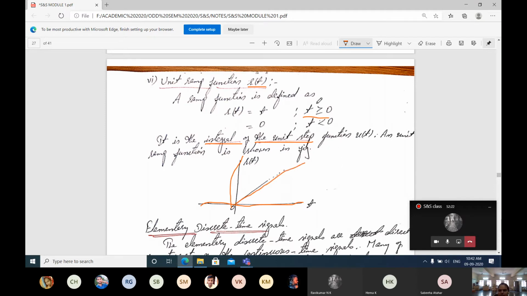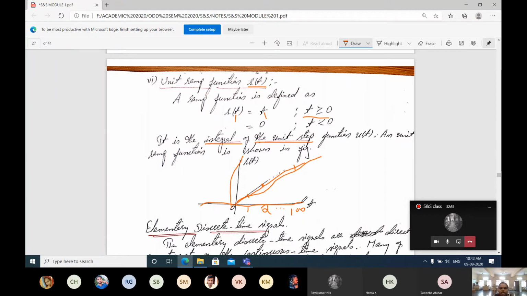Okay, if I substitute t as 1, what will I be getting? Again, t is 1 means you will be getting 1 only. If I substitute 2, what will I get? At the 2 position you will get 2. Then 3, 4, 5, 6, 7, 8. Then if I substitute 100 here, for the t value you will be getting the 100 value. Then if you join all the points, you will be getting your unit ramp function.